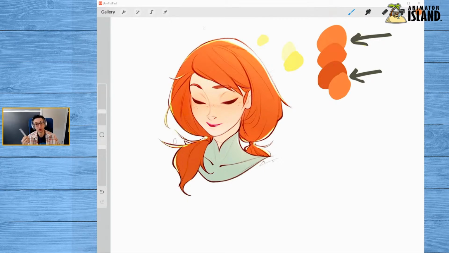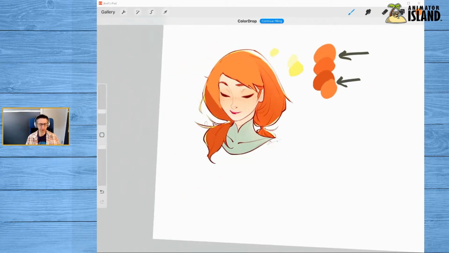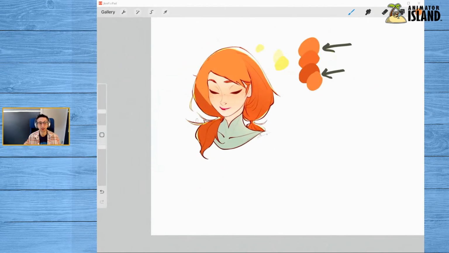Now, that doesn't mean you couldn't do it in a dramatic or harsh way. Let's just do a quick paint over sort of thing. If I grabbed this and made this part of her hair that color, and then I grabbed the lightest part and made this part that color, you could still do it this way. It'll change the feel a lot. But this would be more dramatic.